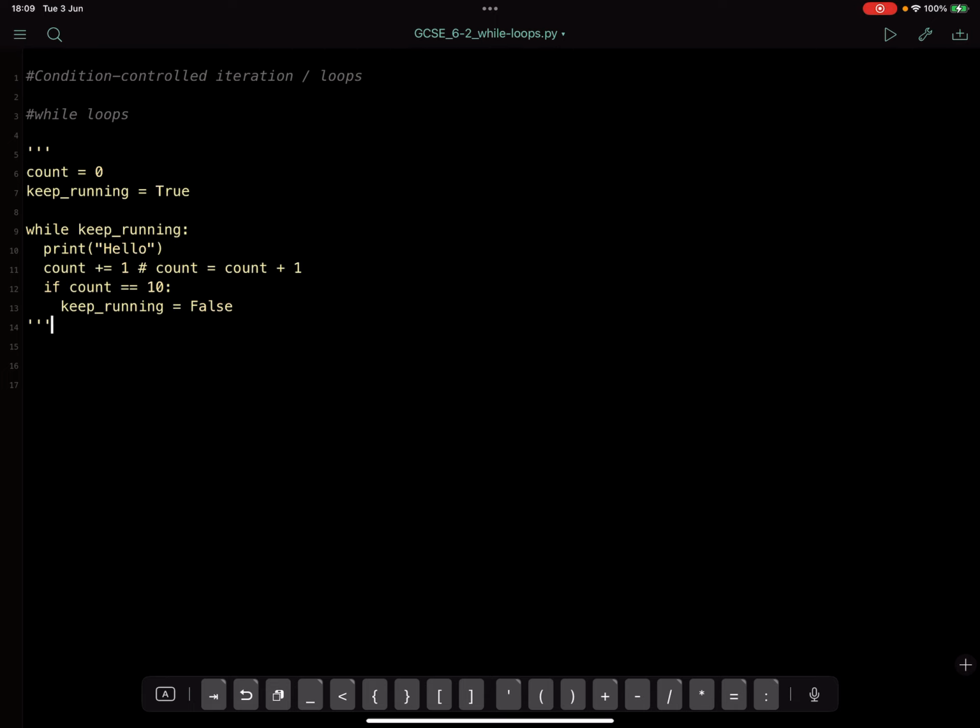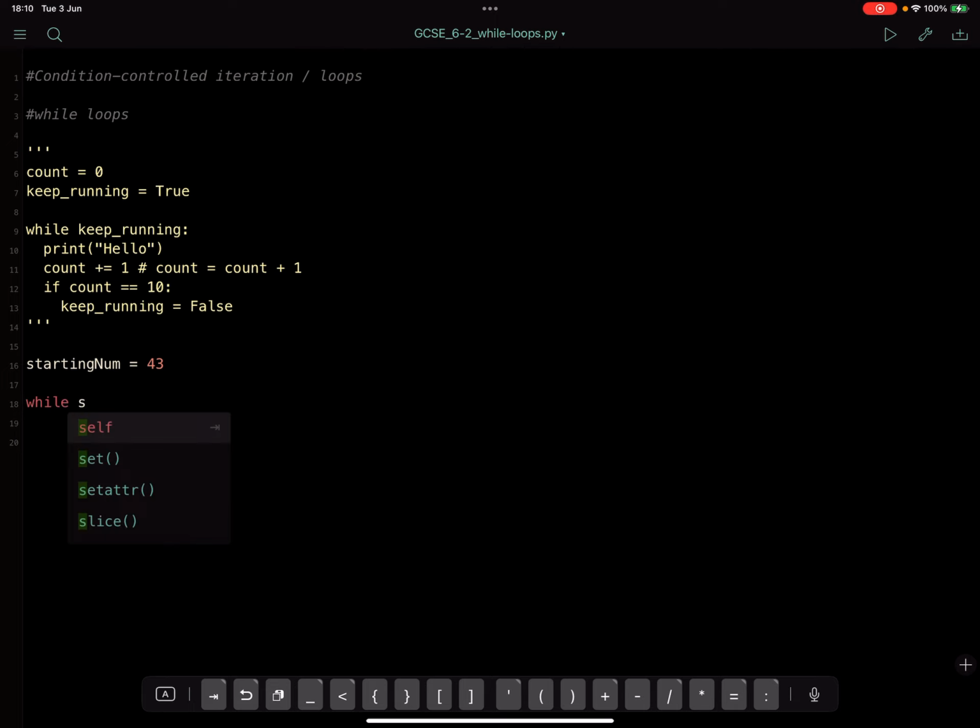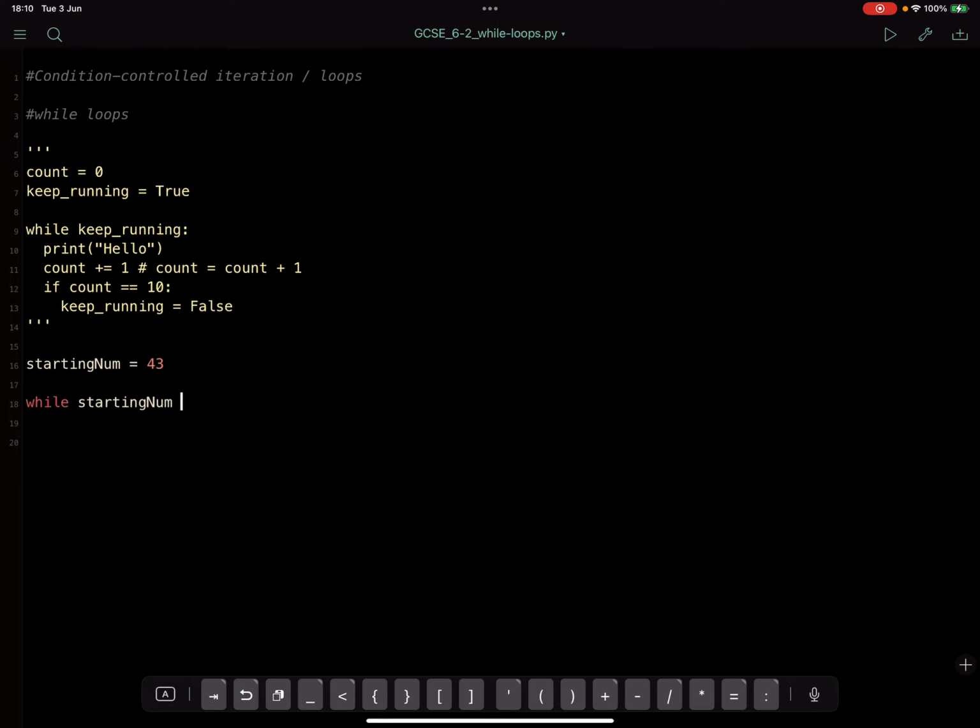So let's work on a countdown timer. So I could say starting num, let's just call it 43. Let's get rid of that space, that will be a problem. No spaces in variables. starting_num equals 43. And then I can say while starting_num is greater or equal to 0, because I don't want to have a minus number, I'm going to print it out